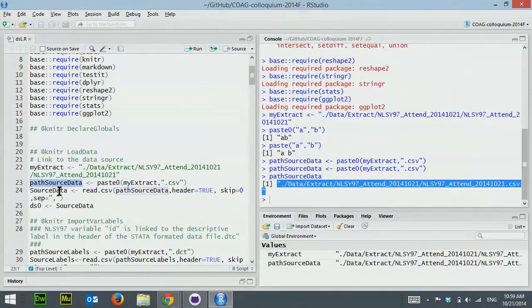So now we feed it to our read.csv, right? We say, this function, go ahead and fetch this file, and we know this file is right here. Header TRUE: yes, the first row contains the names of the variables. Skip 0 means start reading from the first line. Separator comma: if the data format used a semicolon or some other separator, we would use that. And finally, on line 25, we say ds0 equals source data,